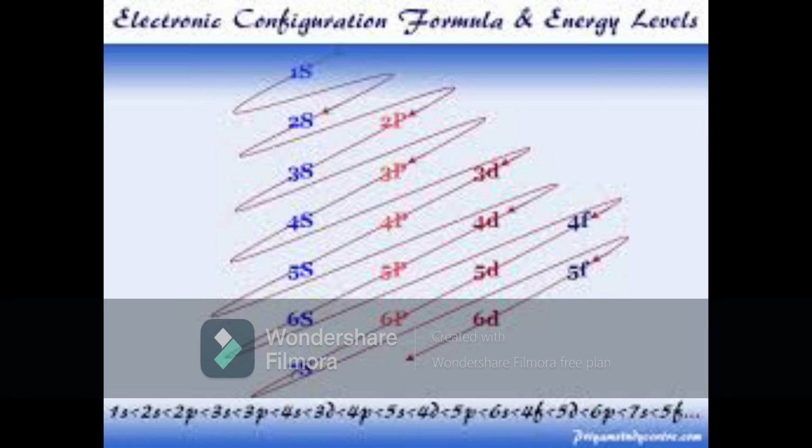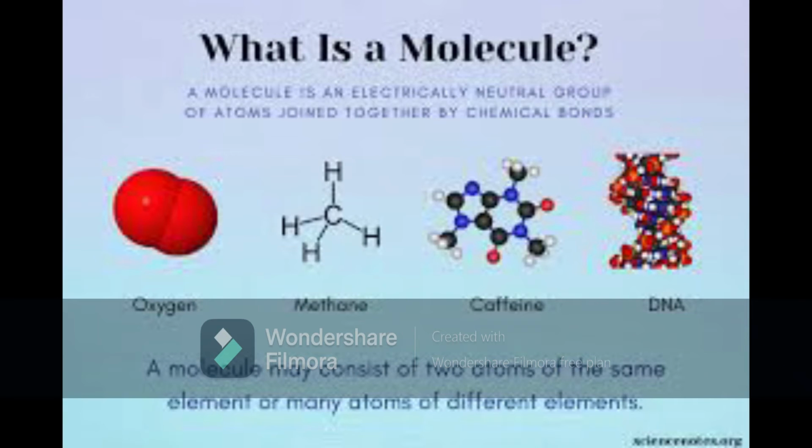So now we are speaking about what is a molecule. Different atoms combine to form a molecule. So what are the molecules? You can see different types of atoms of elements combine to form different compounds like water, carbon dioxide, ammonia and all. So you can see different elements, and accordingly their mass is also given.